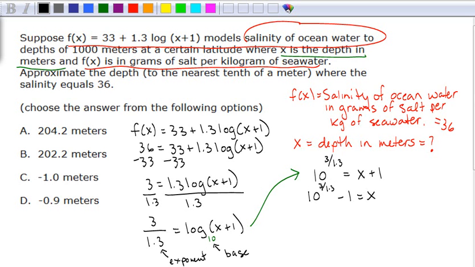So let's go ahead and plug that in our calculator to see what we get. If you're going to plug this in your calculator, one way to do it, if you have a caret as an exponent, is to put 10 raised to the parentheses 3 divided by 1.3, subtract 1. If you don't have parentheses and you don't have a caret, you're going to have to do 3 divided by 1.3 first, then take 10 raised to that number and subtract 1. Doing this, what I got is